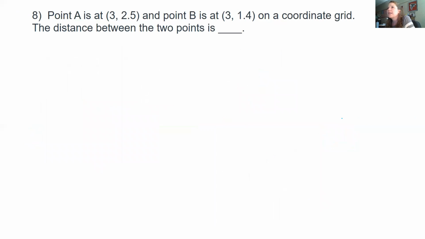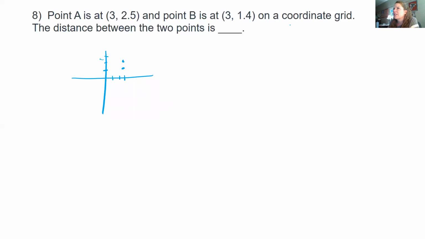All right, number 8, point A is at 3, 2.5. So let's sketch it. So we would start at the origin, go right 3, and then up 2.5. Point B is at 3, 1.4, yeah. On the coordinate grid, the distance between the 2 points is,